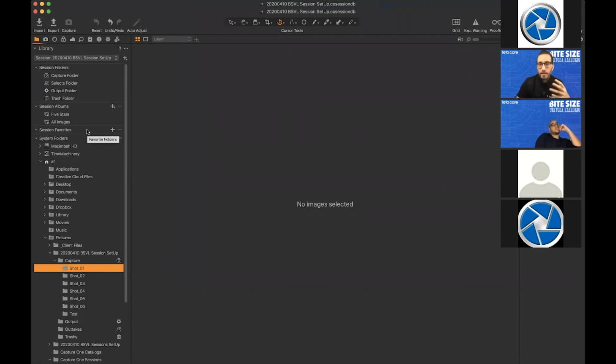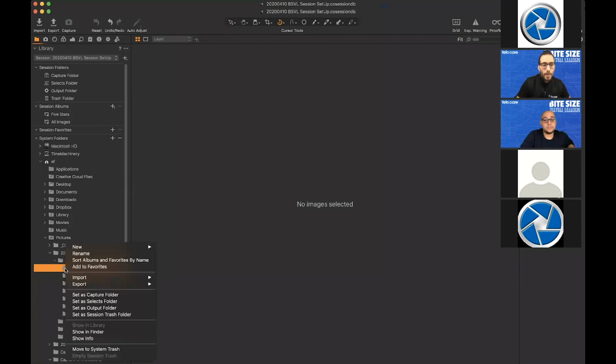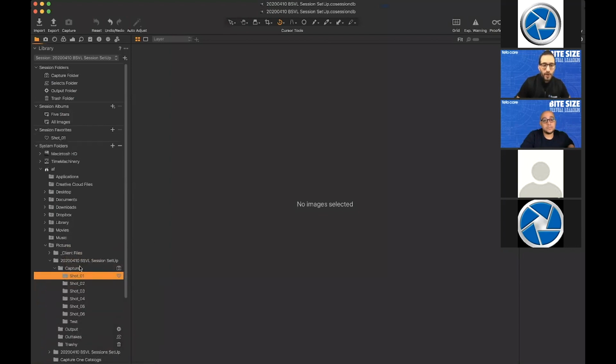And again, as the reason I mentioned this previously, you want to have them be able to be searched, indexed, and associated with the session, so it knows they're there, so it knows what folders to search if I'm going to be using smart albums. In order to do that, I could either control click on that folder again and do add to favorites,